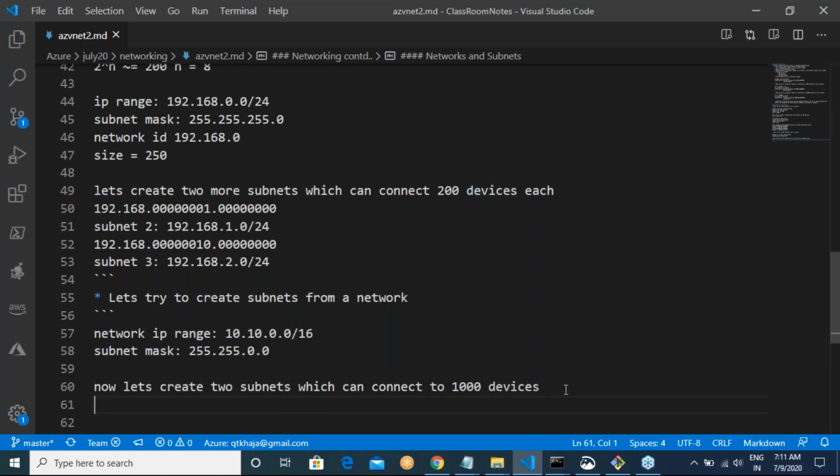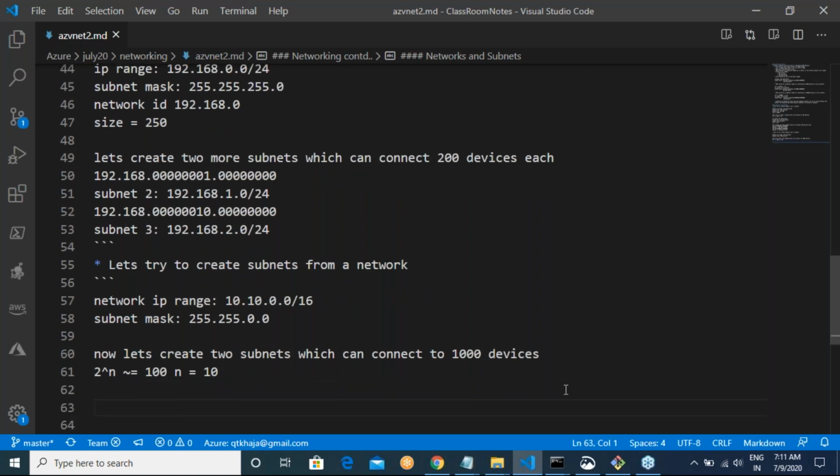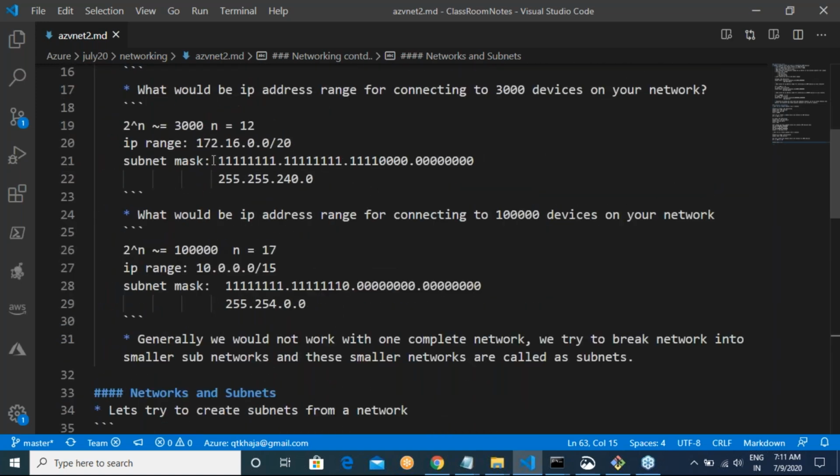So 2 power n should be approximately equivalent to 1000. We all know what is the value of n. We have done this already. n is 10. So what will be the subnet mask? Let me take the value from here.